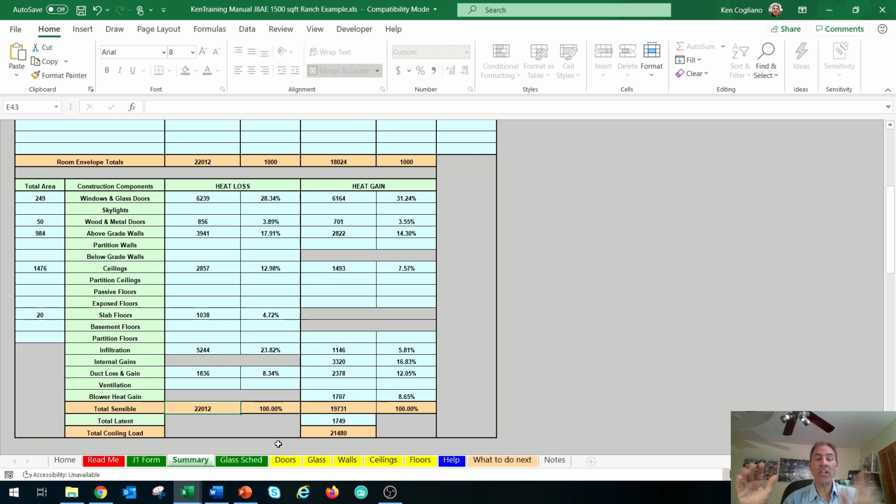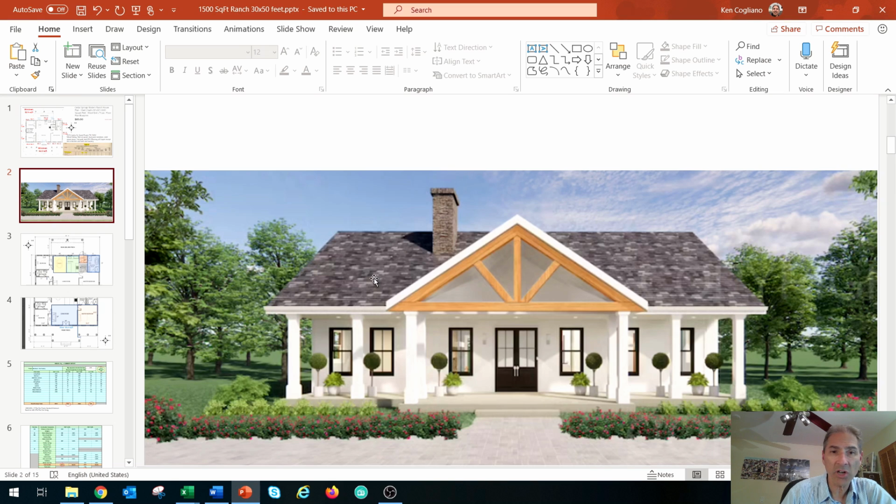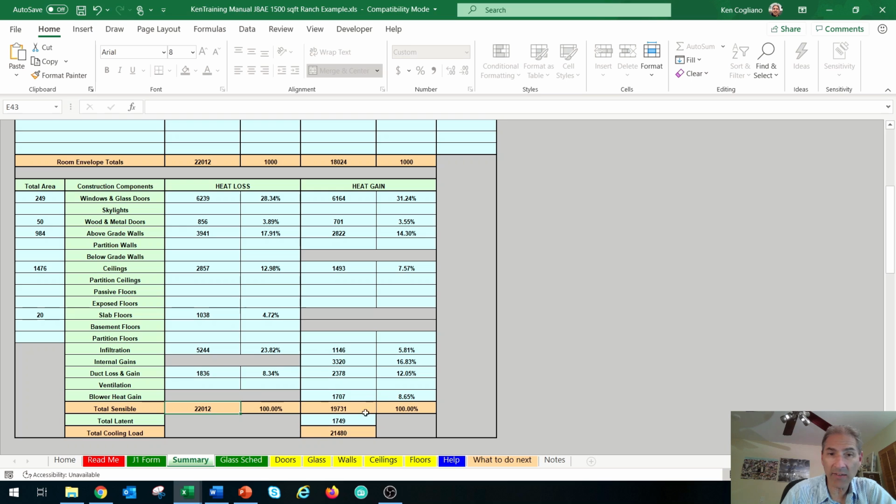What size HVAC unit would I personally buy if this was my personal home and I lived in this residence right here? And if I had my Manual J giving me this information, let me tell you what I would do. I would personally choose a unit that had probably 36,000 BTUs per hour, which is a 3-ton unit,